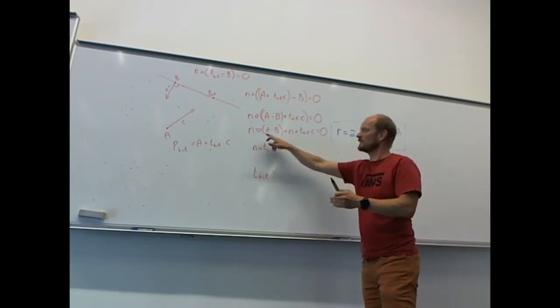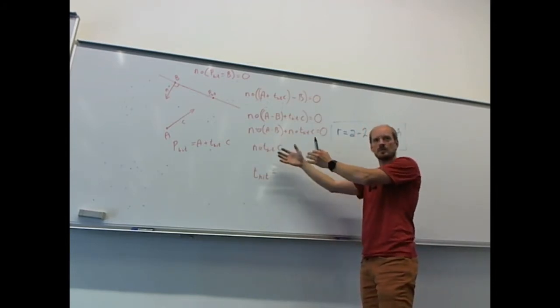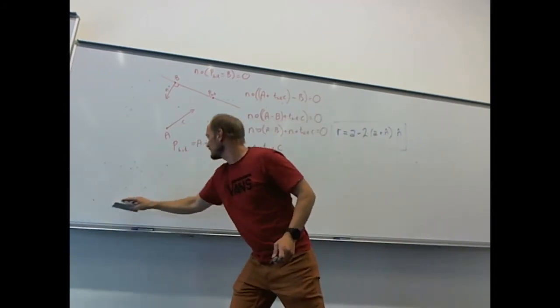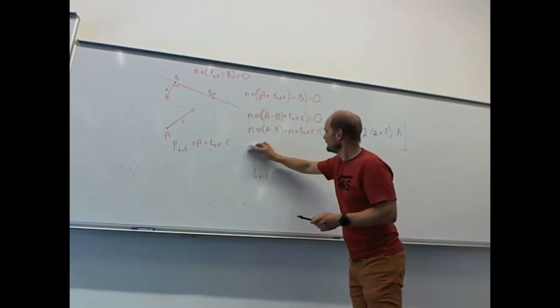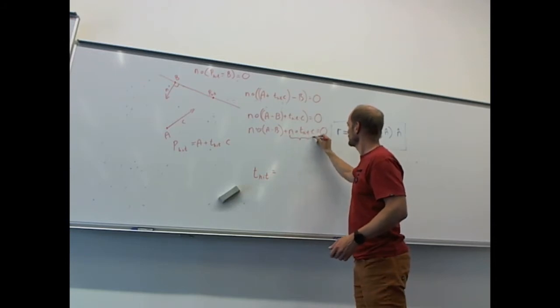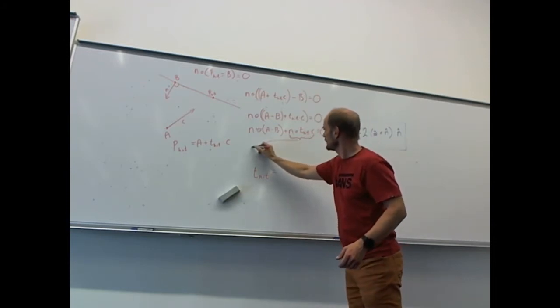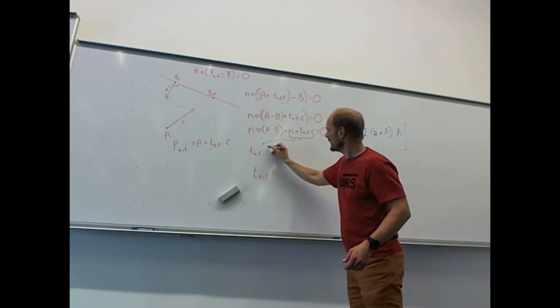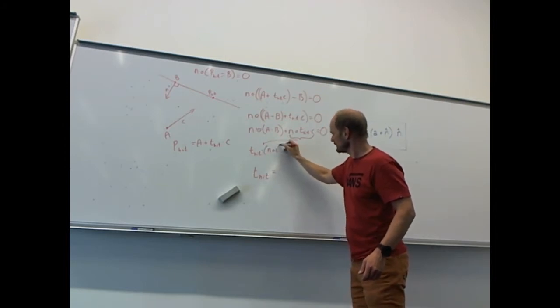Can you just take it completely outside? I want to divide by it, or I want to kind of lose the rest in the end. So I'm going to take this part here and change that to T hit times n dot C